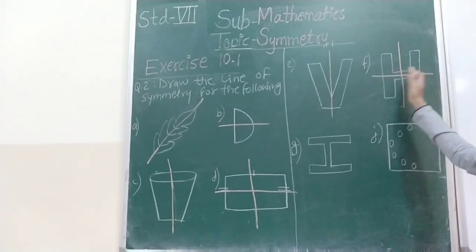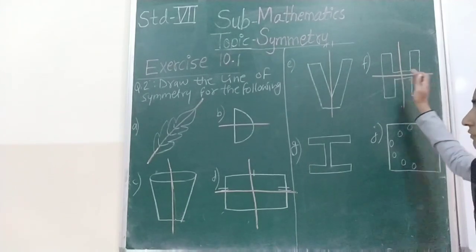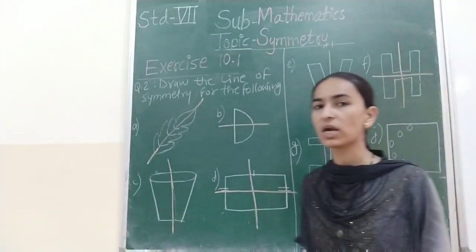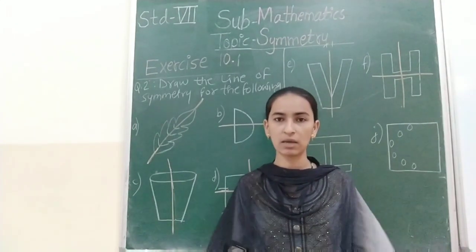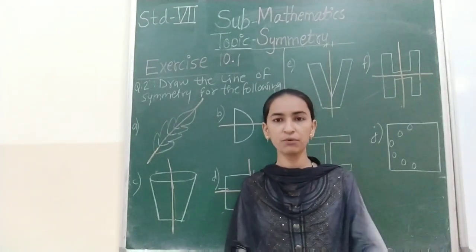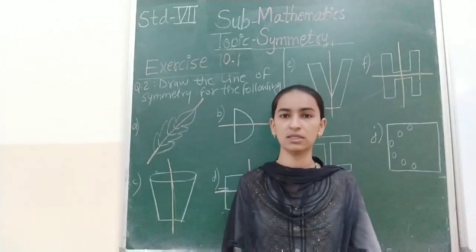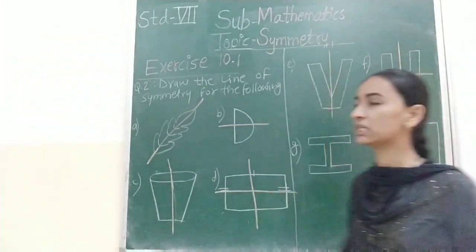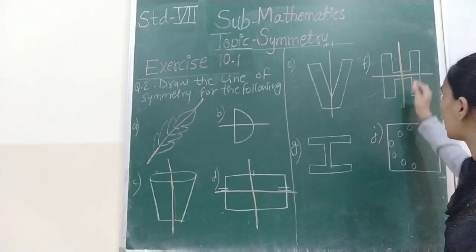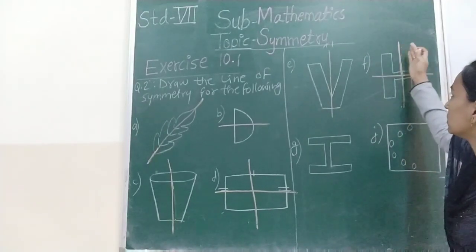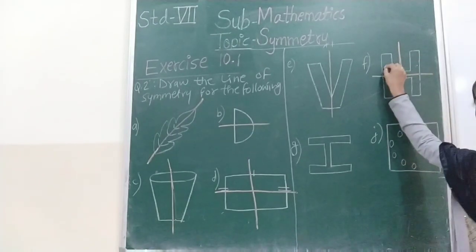It should give the same mirror image. That is called mirror image. If I stand in front of a mirror, what happens? It shows the similar one. That means in the mirror also I am there. The image is of yours or others? Yes, it is yours. That is called symmetrical. Now, suppose this is my mirror. If I put a mirror here, it should give the two same parts.